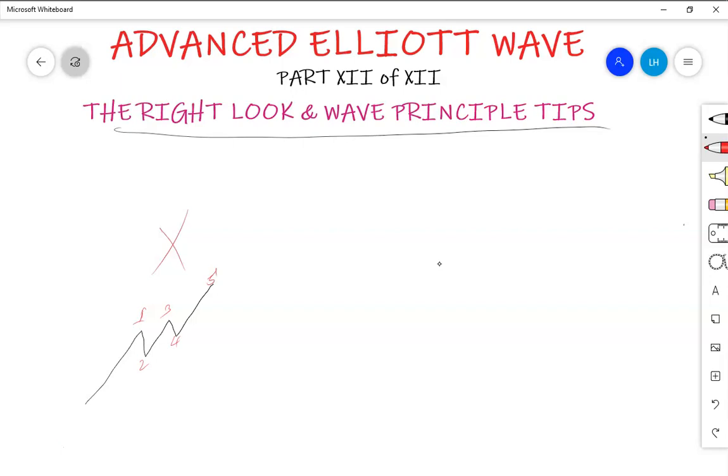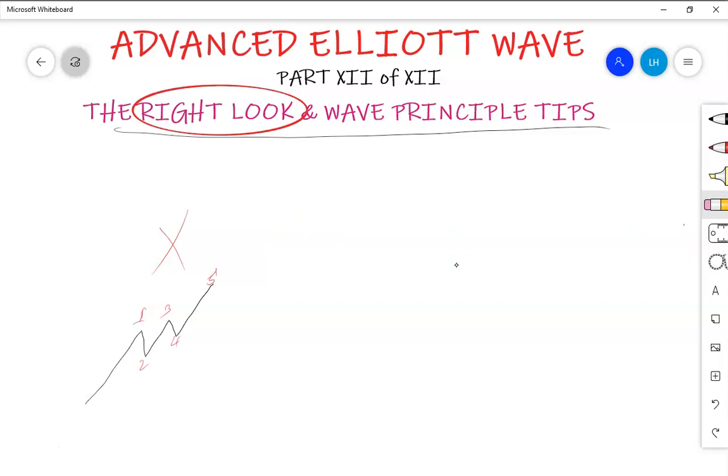You must refer to the rules and guidelines. You have to refer to them when you are labeling. In order to have a right look, you must keep in mind the rules and guidelines. Rules and guidelines will guide you, will show you a correct count, and also may help you understand the possible points where the market may end. So now things go like that. This count is